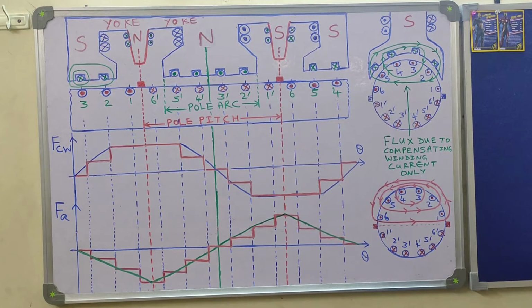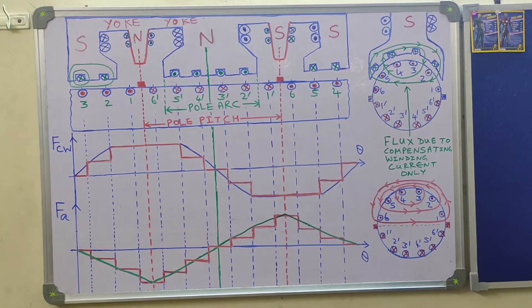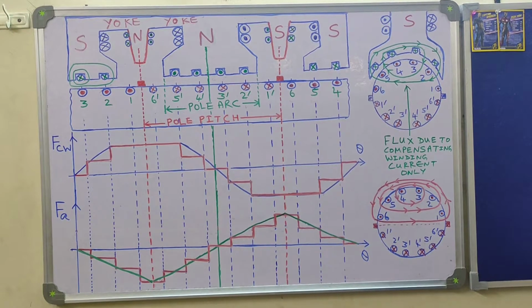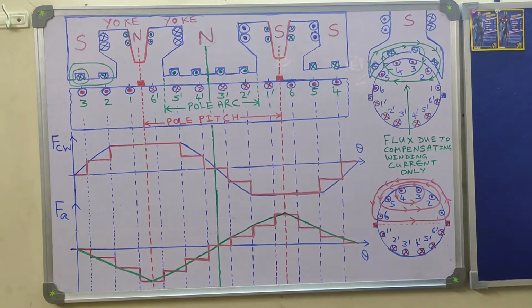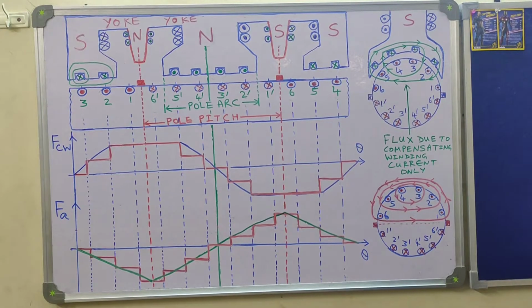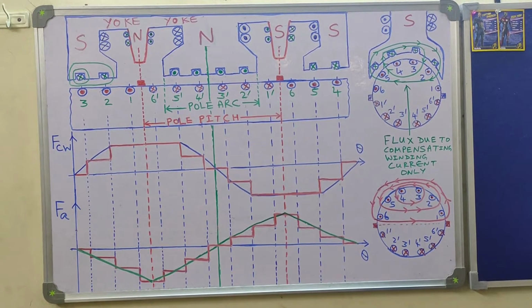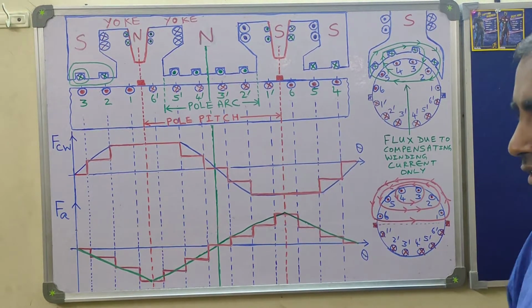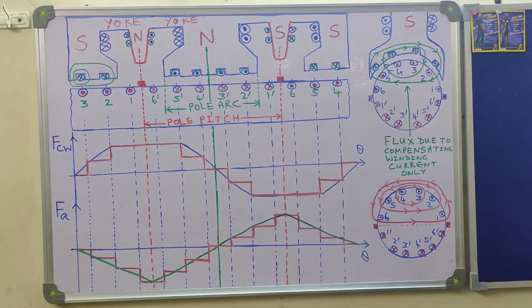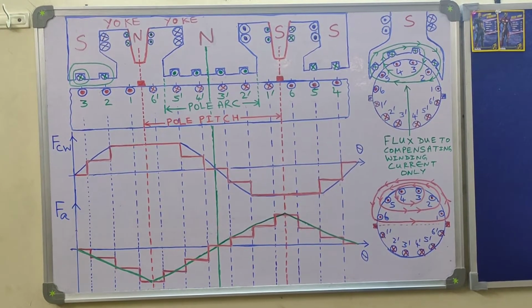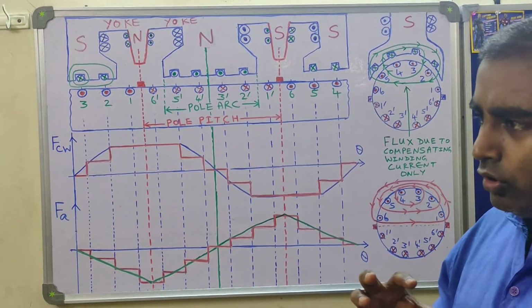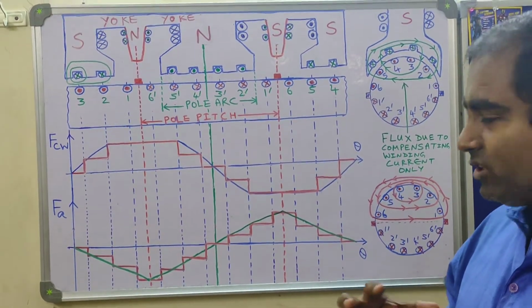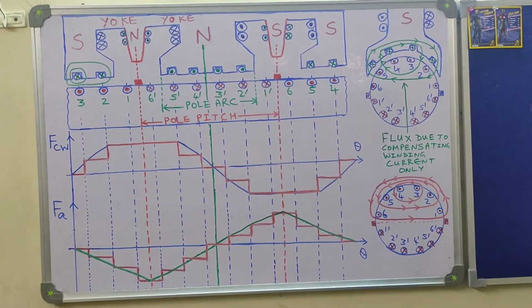for those DC machines which will be used in industry applications which require severe duty cycles, as for example steel rolling mills. What happens in those cases? In steel rolling mills you will find that the torque requirement suddenly goes to a very high value, because in a steel mill, the lump of steel which is known as billet is actually compressed between two rollers which are cylindrical in nature. So these rollers are driven by a DC motor.